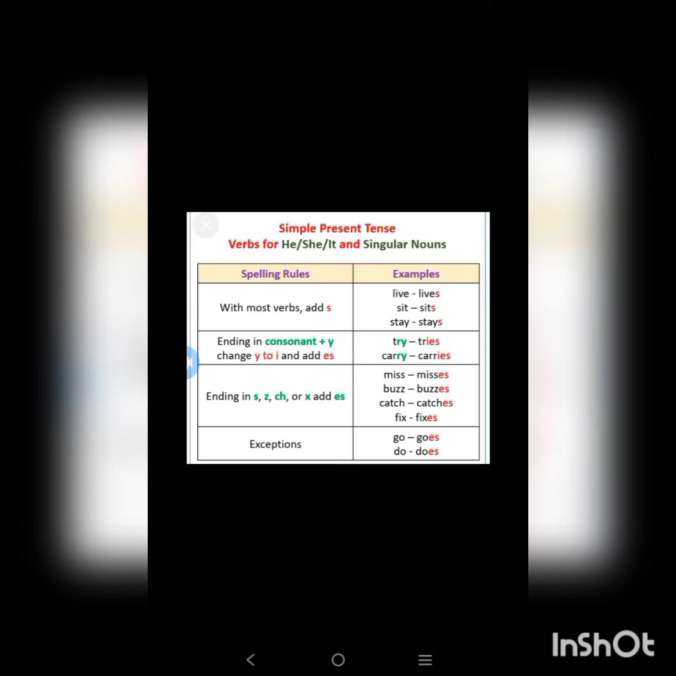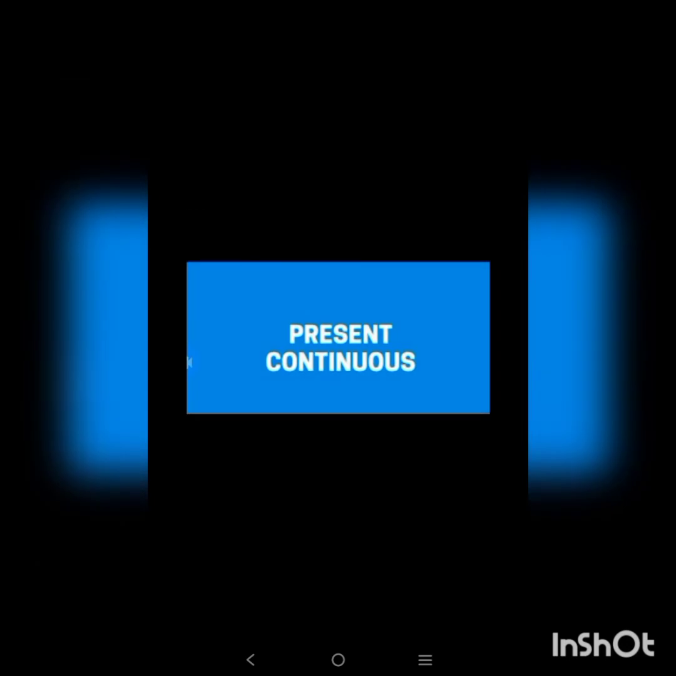Okay, and some exceptions are there. So see here, for go we will add es, goes; do, does. Okay, so here are some examples where we will add s or where we will add ies. Okay, have you understood this? So next we are going to see about